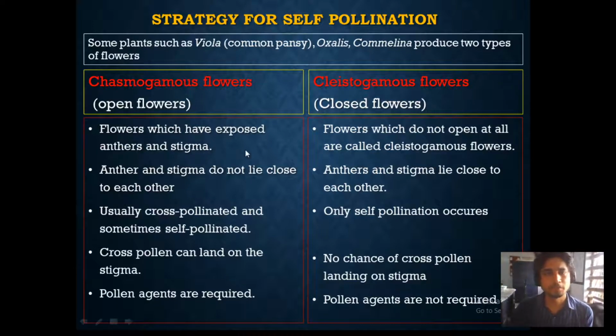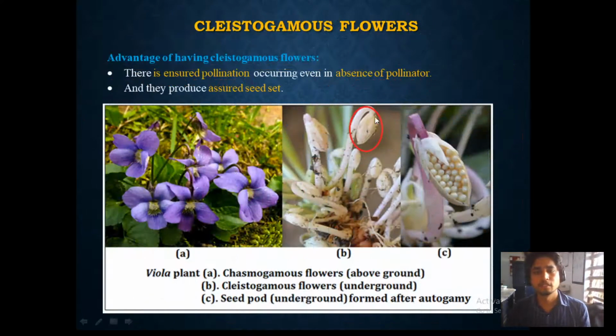So we are clear up to here how chasmogamous is different from cleistogamous. Here flowers are adopting cleistogamous flowering. Cleistogamous flowering is adopted only for facilitating self-pollination, and this kind of flowering is seen in viola, oxalis, and commelina. So here is the picture representing